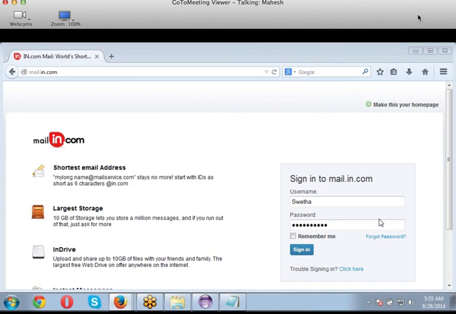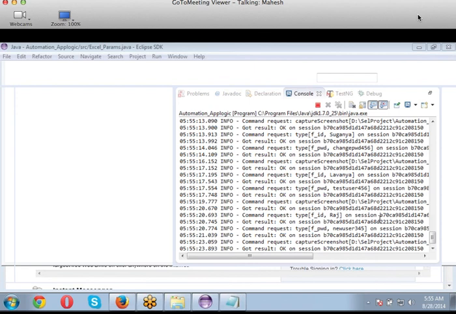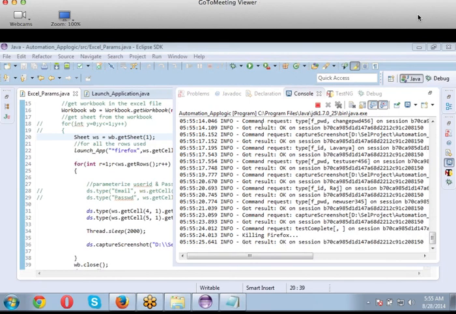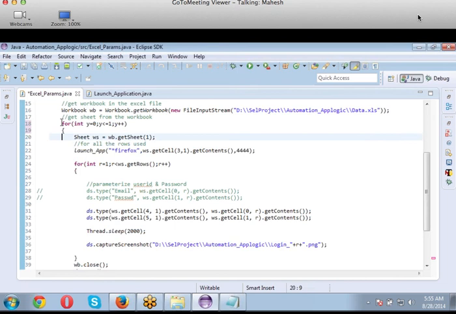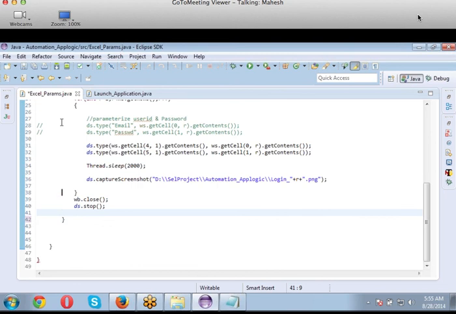Sweta is the first value, then comes Swapna. Can you see the values changing? Yes, Mahesh. But when I try to do it through a for loop inside my code, it's not changing. My code is working fine, only the index is not changing. I'm giving this as an assignment for you all. This is where you have to uncomment the for loop, which changes the index of the sheet. Please work on this. Save it.